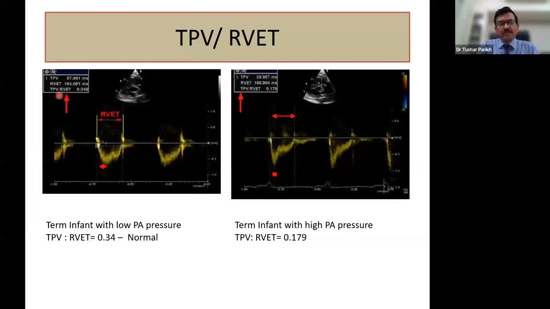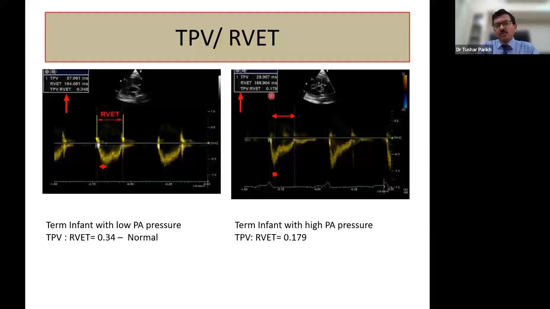And therefore TPV upon RVT as calculated is 0.34, which is more than 30%, which is normal. Now look at this right-sided picture. Here, as you can see, there is a sharp pointed triangle, there is a notching, and then there is a waveform like this. So time to peak from the start of the pulmonary ejection waveform till it peaks, as you can see here, is about 29 milliseconds, and right ventricular ejection time is 166 milliseconds, and therefore TPV